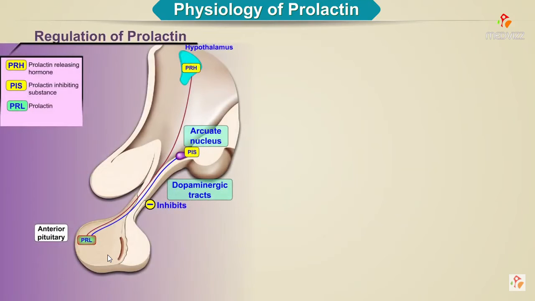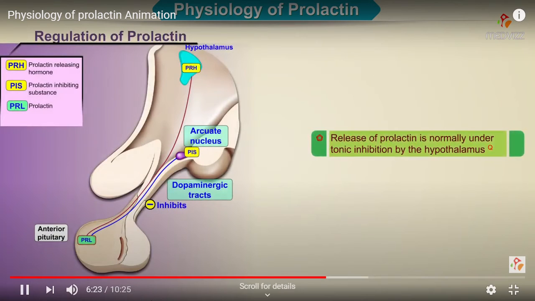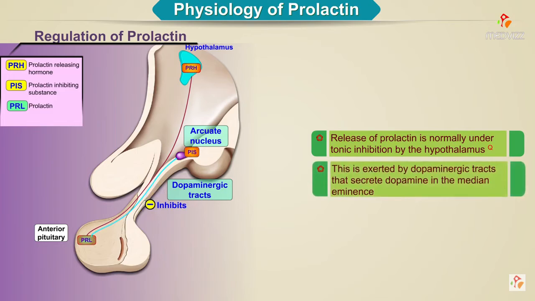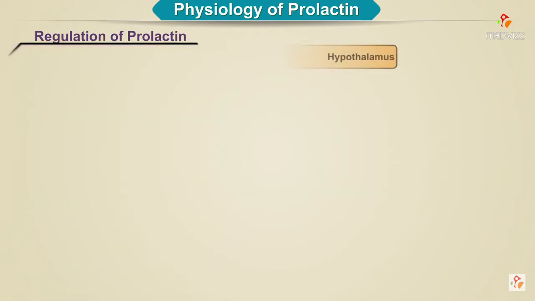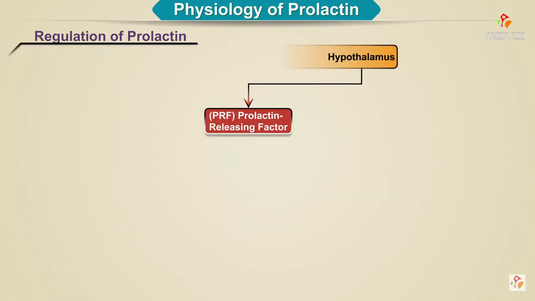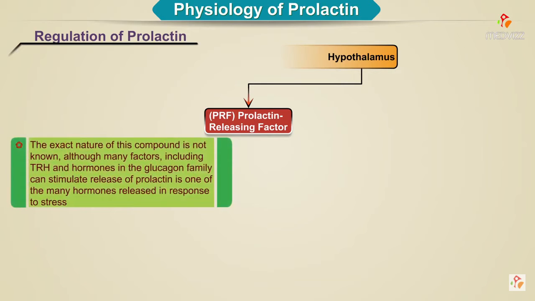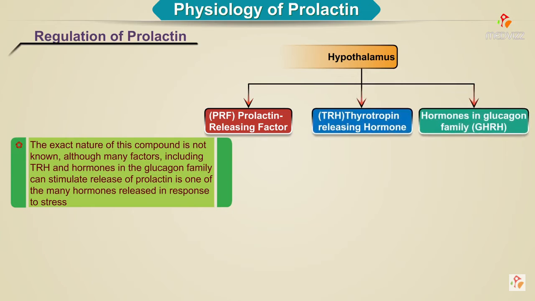The regulation of prolactin. The release of prolactin is normally under tonic inhibition by the hypothalamus. This is exerted by dopaminergic tracts that secrete dopamine in the median eminence. There is also evidence for the existence of a prolactin releasing factor. The exact nature of this compound is not known, although many factors, including TRH and hormones in the glucagon family,